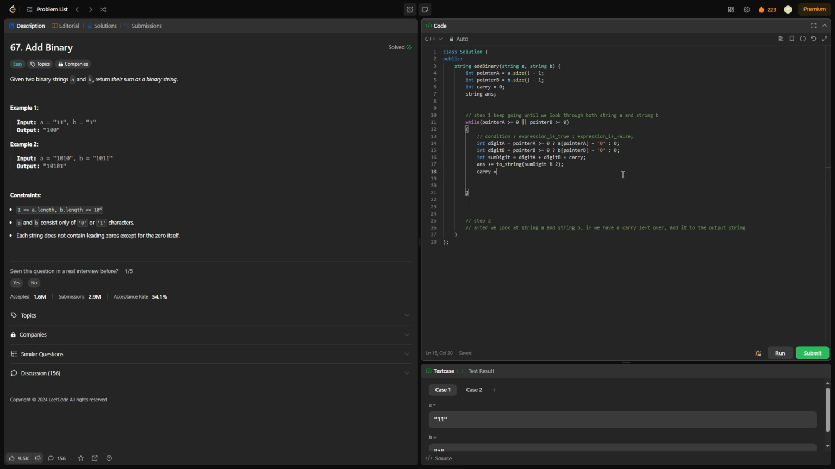Okay, now how we're going to calculate our carry is we're going to basically take sum digit and divide it by 2, because let's say we have, right, we're adding 1 and 1, that should give us 2, right? And so when we divide by 2, right, that's going to give us 1, which makes sense because that should be our carry. Now let's say our sum digit is, okay, when we're adding 1 and 1, right,